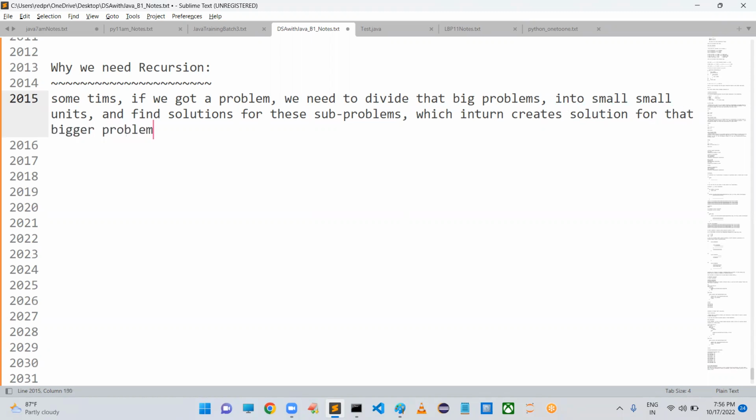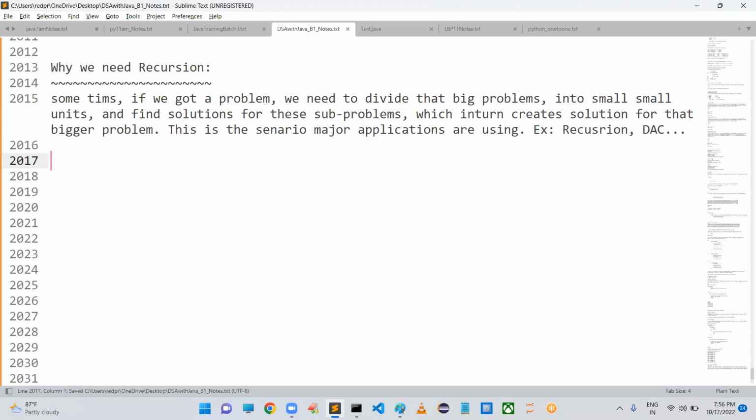Okay, this is the scenario. Majority of the major applications are using it. The best example: recursion's main motto is this, and you can see divide and conquer also uses the same terminology.